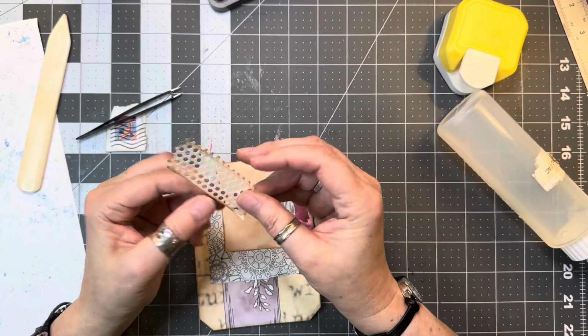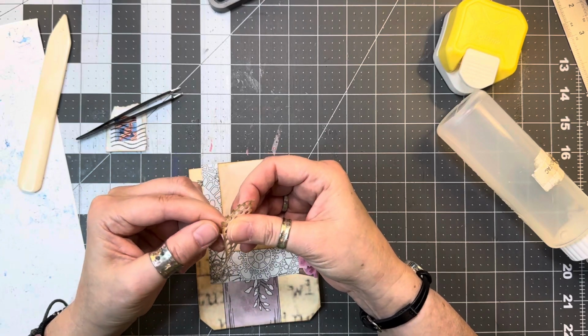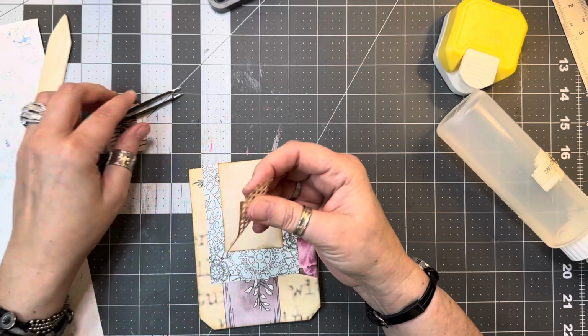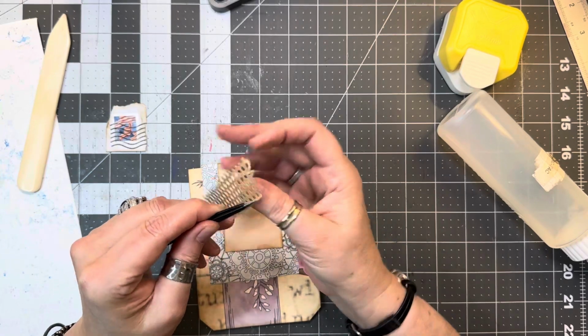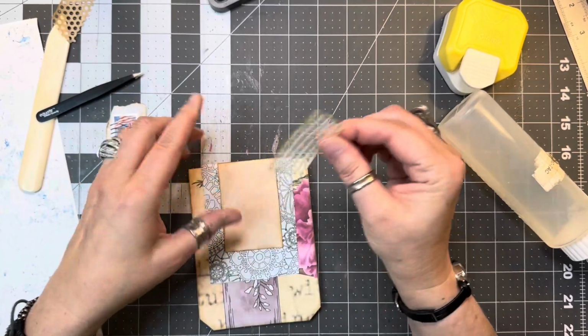No, that's not doing it. And I broke my nail the other day down to nothing, so, oh, there we go. Is that it? So that's not really helpful. Okay, there we go. Okay, so,